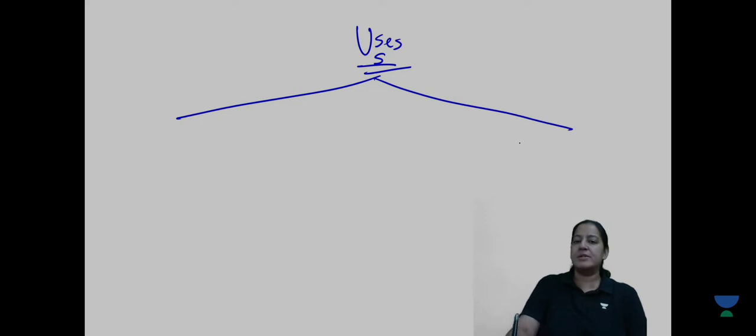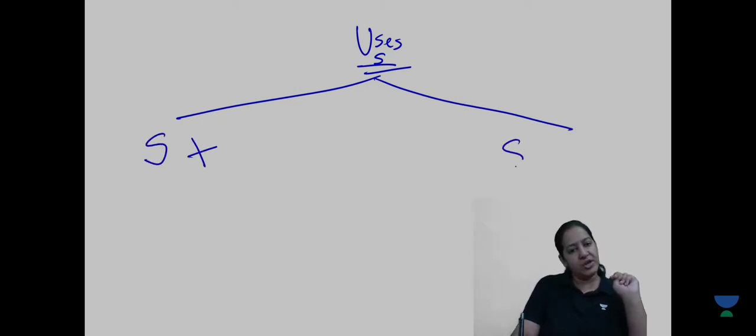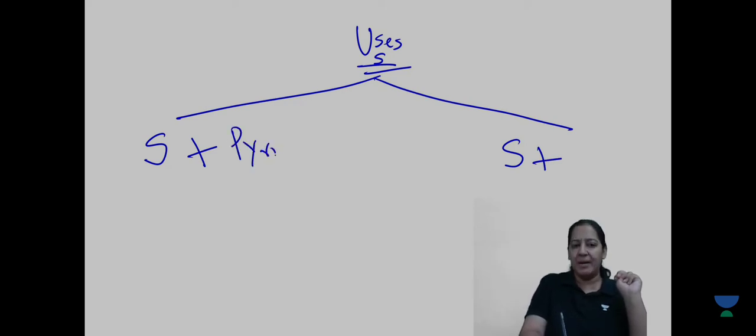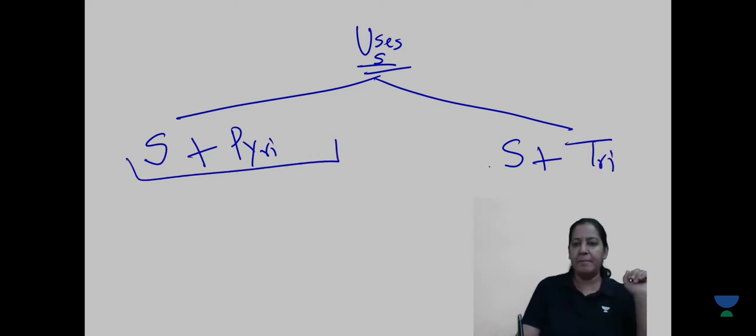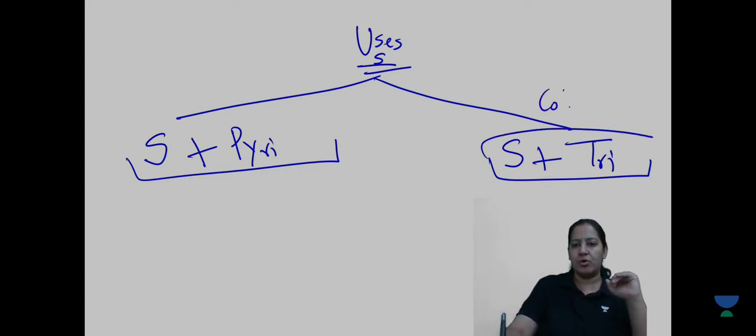I am summarizing. Tell me the uses of sulfonamide. Who will tell me? The first point: it is never used alone, it is used in combination. Two combinations are possible. The first combination is with pyrimethamine. The second combination is with trimethoprim. This combination has no particular name, but it is known as cotrimoxazole or Septran.